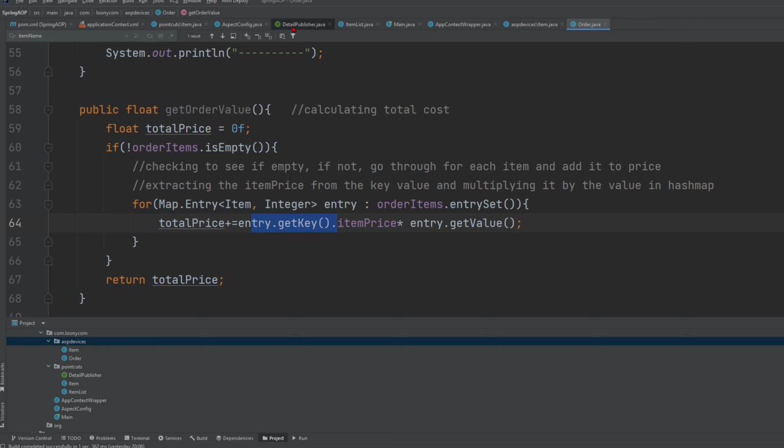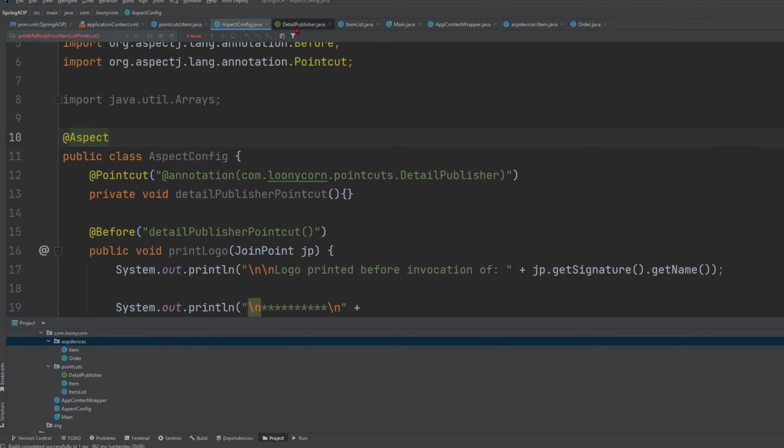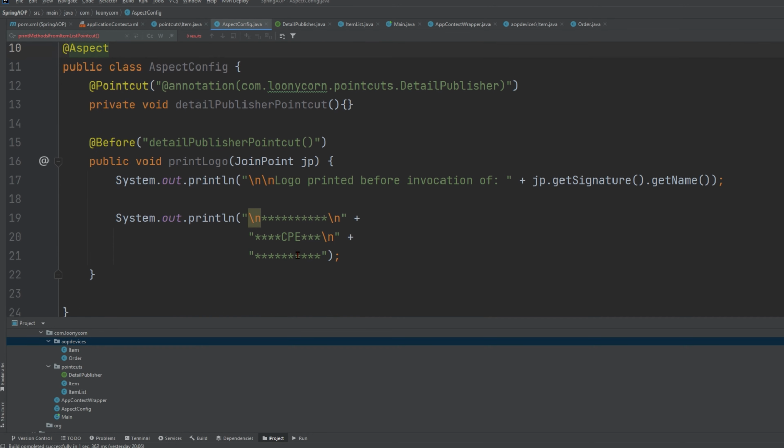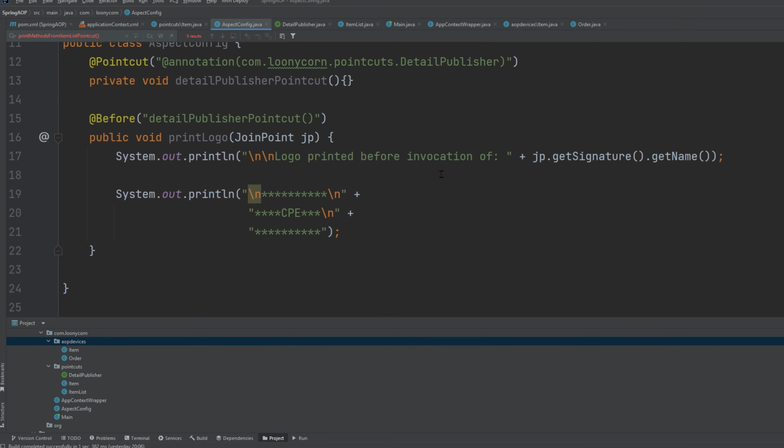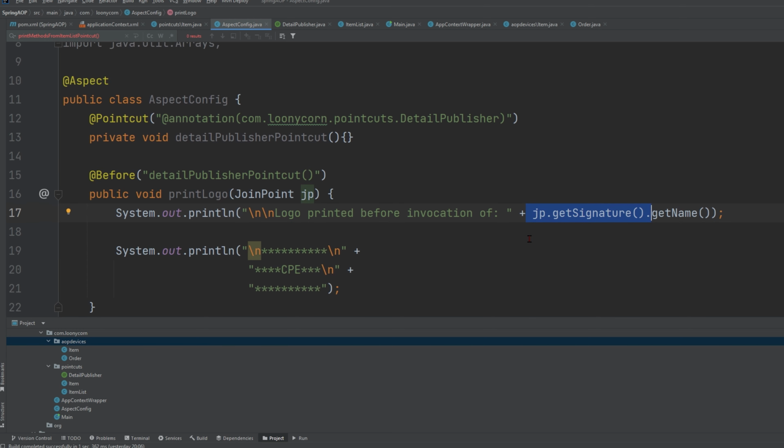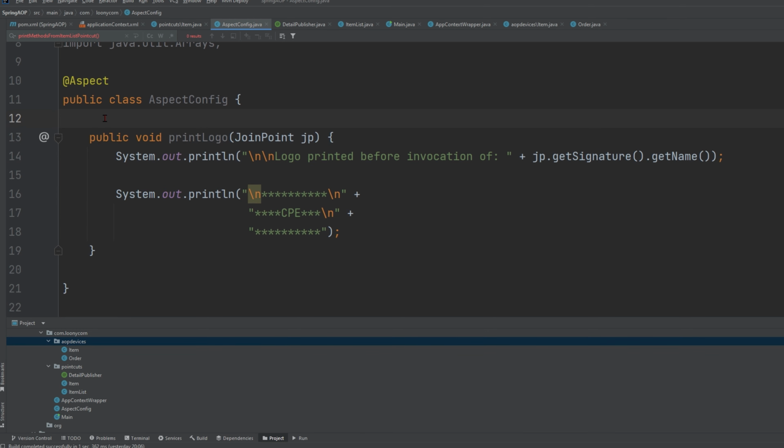Going back to our AspectConfig file, it's all the way back here, we can see that we have a join point inside of here, and it's just going to be printing out where this join point is. So we will be putting annotations that we've previously used here in our XML file, not our Java ones. So we can actually just clear this before in point cut. We're going to want to use these later, annotations, but right now we're going to go into our XML file